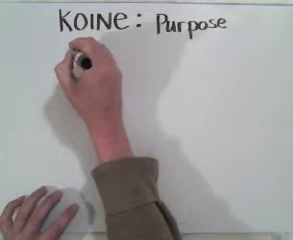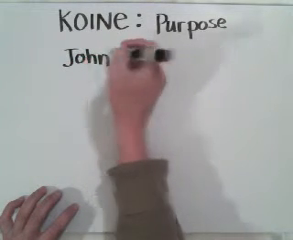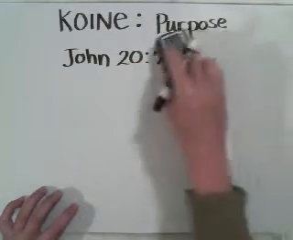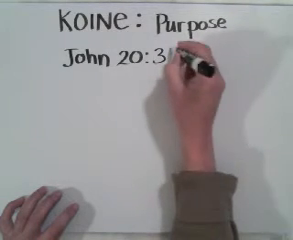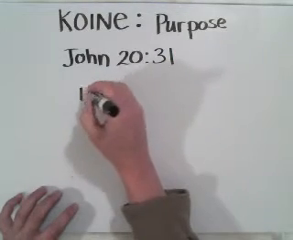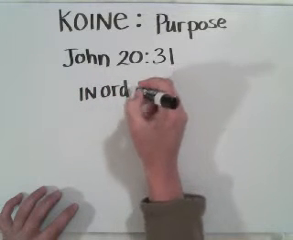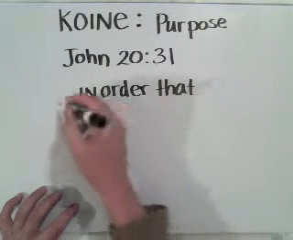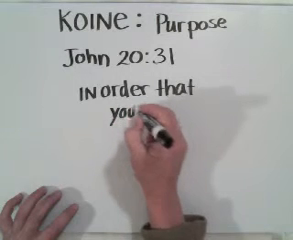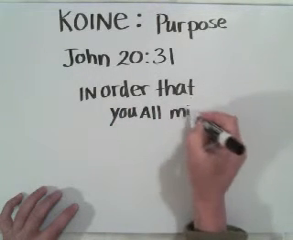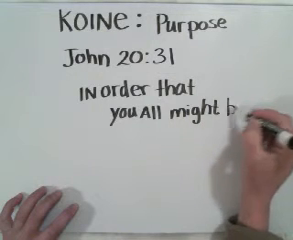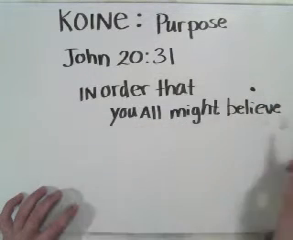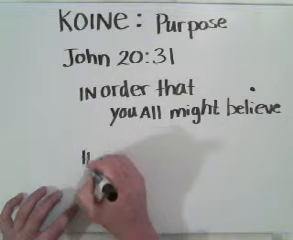So for example, in John 20:31, we found these things were written in order that, and then one of them was in order that you all, it's plural, you all might believe. It's aorist, which is the simplest form here in this idea of punctiliar action. You all might believe. And of course, also in order that,